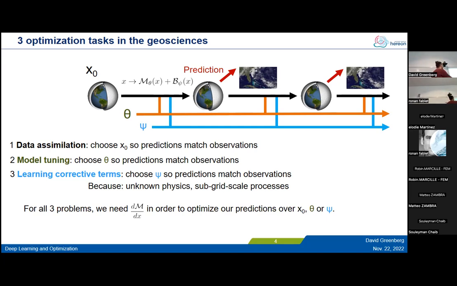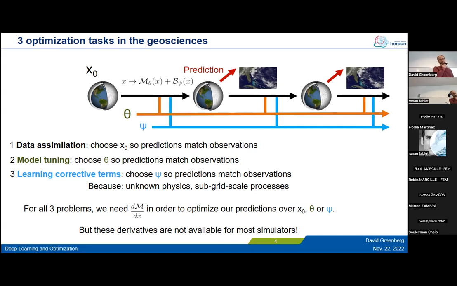So in all 3 of these problems, if we want to solve them as gradient-based optimization problems, we need to differentiate through the time stepping function of the simulation with respect to its inputs in order to optimize our predictions with respect to the initial state, the parameters of the simulation, or the parameters of a corrective term. But in practice, for many important simulations in the geosciences, these derivatives simply aren't available. So the idea of deep differentiable emulators was one way of getting at them in order to be able to solve these